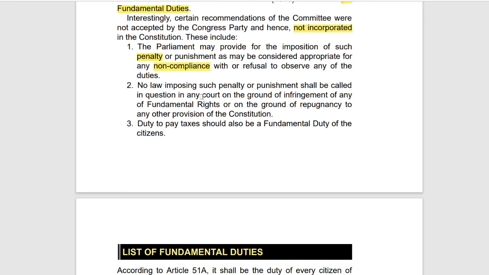All right, so I will write here court and I will also write here infringement. Or what we can also do, we can write this point number 2 in our own words. For example, we can write here check on the power of court. All right, so this will also serve the purpose. Now here we can just underline this word, paying taxes. All right, so let us see